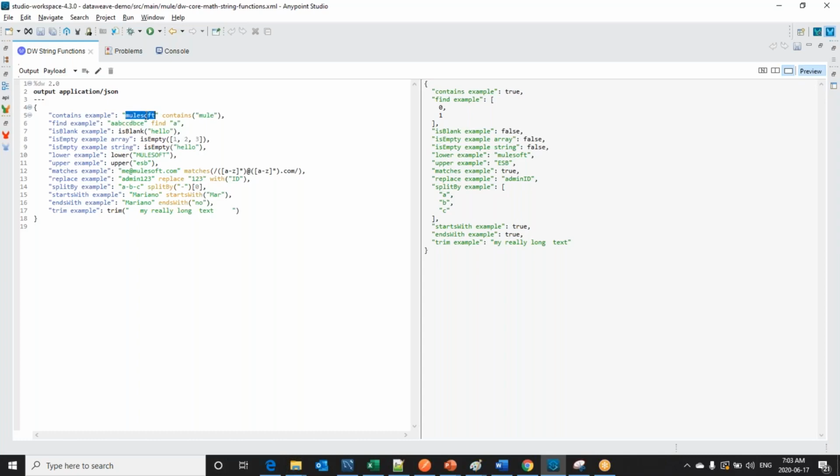If you would like to compare the string with an exact string, then we can go with equal to. If you would like to check a part of the string, it behaves like this. So if it contains mule, then it will result as true. Suppose I keep ESD, the string doesn't have ESD, that's why it returned false.